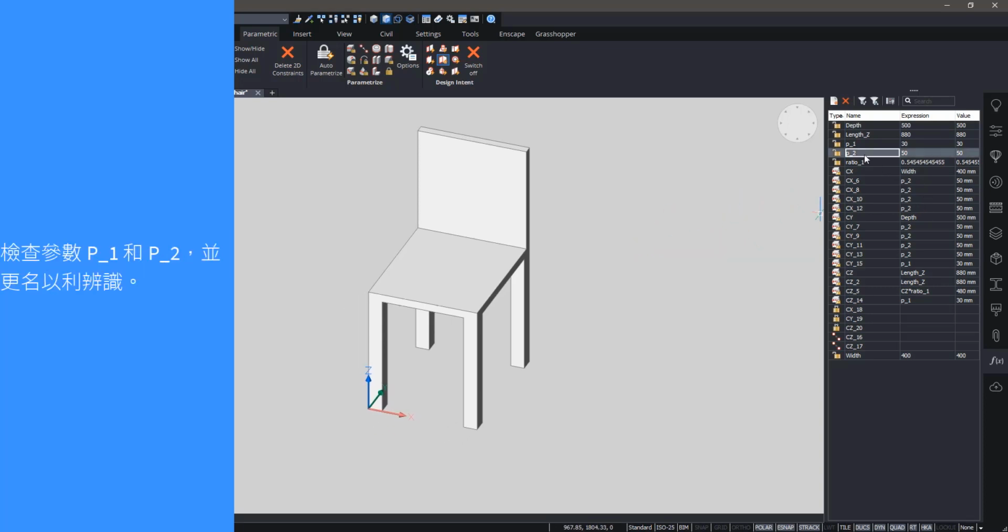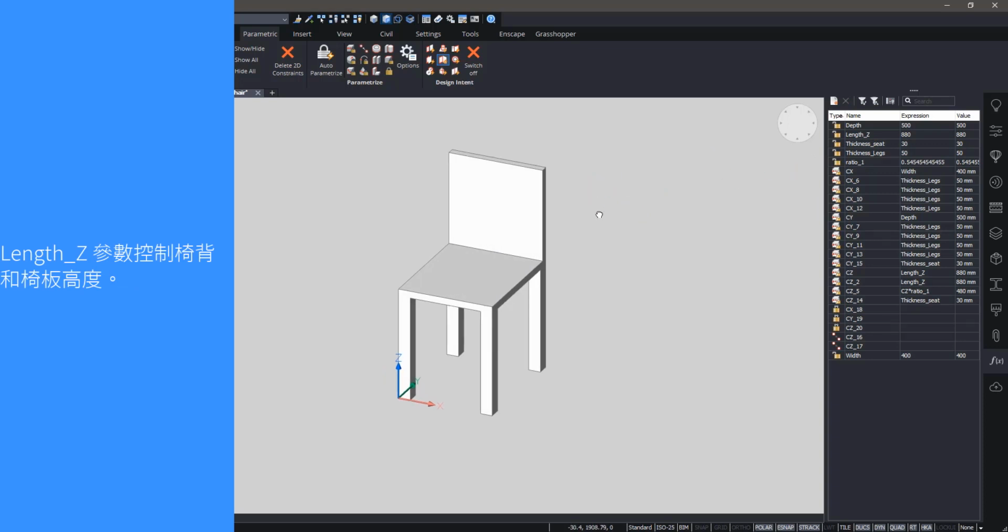We also see, for instance, this P2 parameter here. If I animate this, you see it's the thickness of my leg, so I can just give it a new name. And this is the thickness of the seat, so I'll give it, again, a new name. And this length Z,